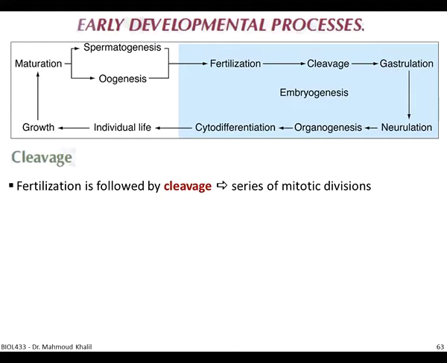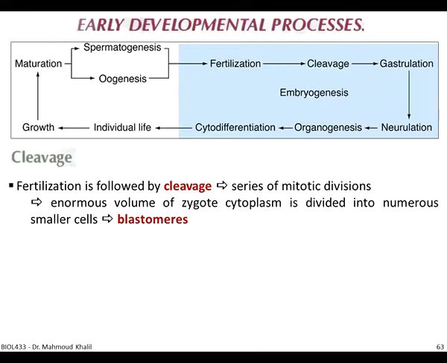We will understand in the next few slides how it's different from normal cell division. Cleavage follows fertilization, and it is a set of typical mitotic divisions in which the volume of the zygote will be divided into numerous smaller cells. And these smaller cells have a specific name, which is called blastomeres. And this is maybe the first difference we notice between normal cell division